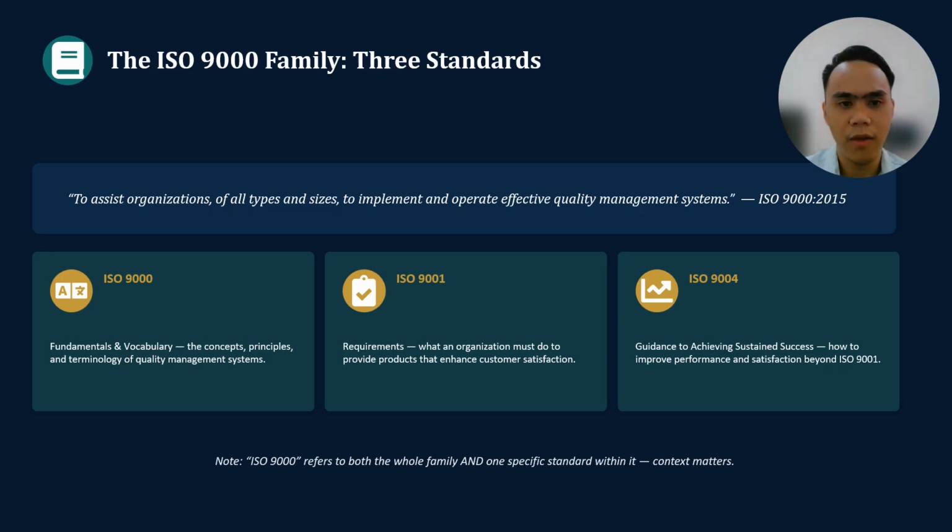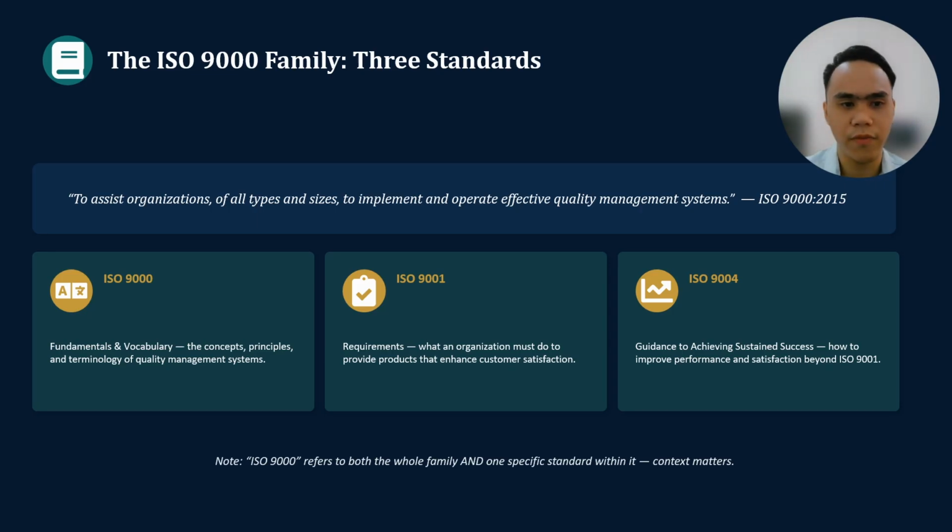And ISO 9004, managing the quality of an organization, is the guidance to achieving sustained success. It suggests ways to improve organizational performance and customer satisfaction beyond the requirements of ISO 9001. So this is guidance, not a certifiable requirement. We're not going to spend real time on each of these three individually later in this video, but it's worth remembering this naming and difference. So when someone says ISO 9000 in casual conversation,